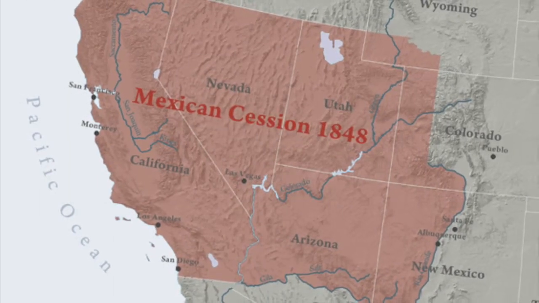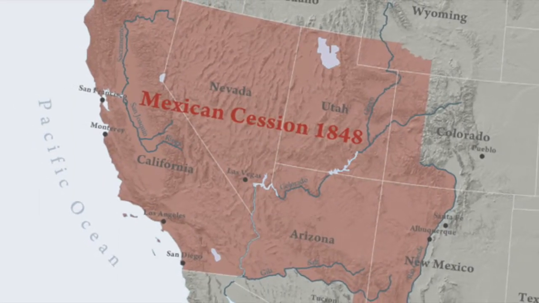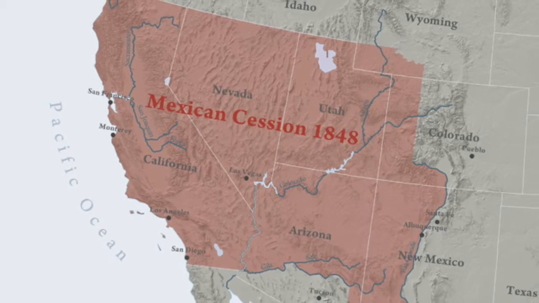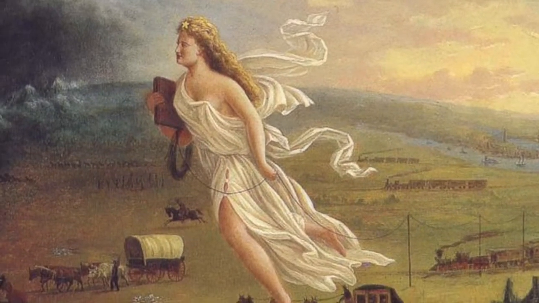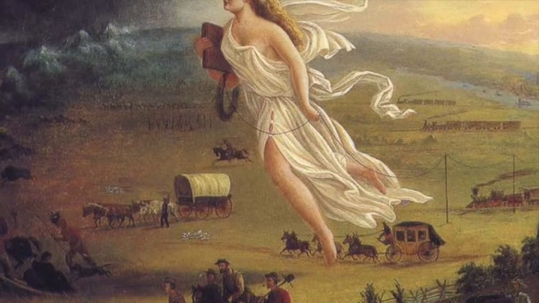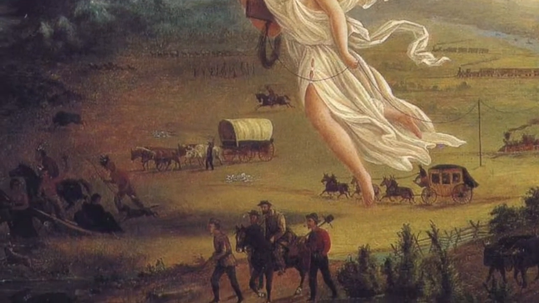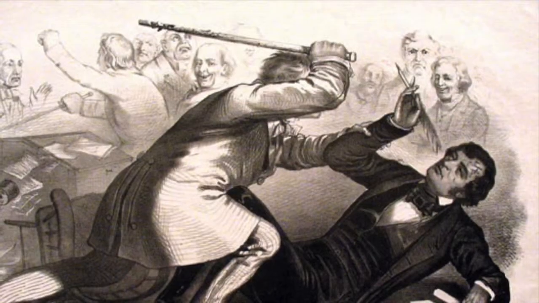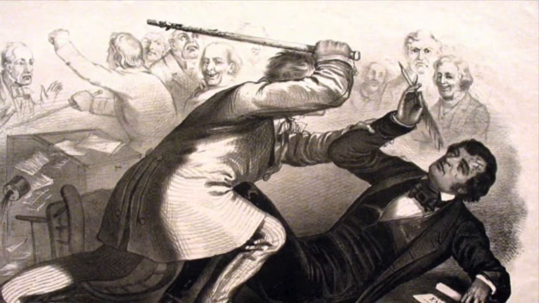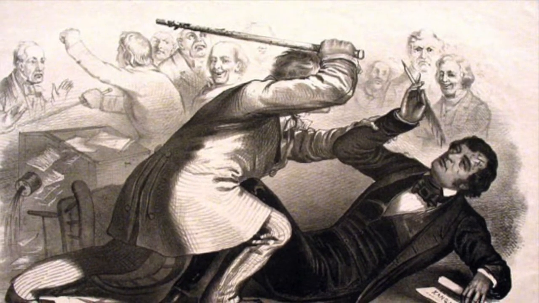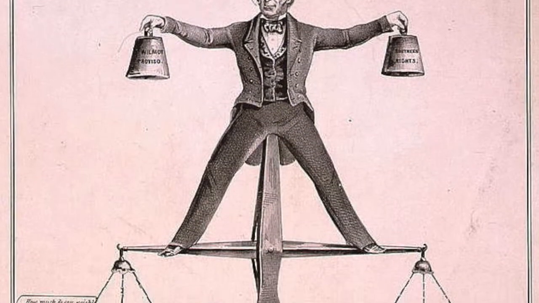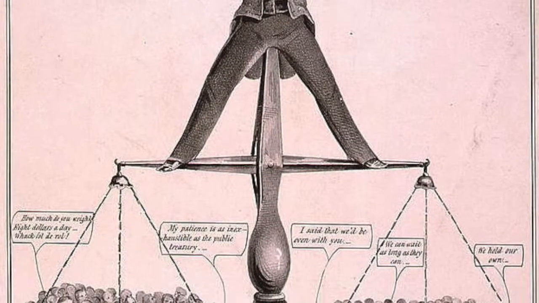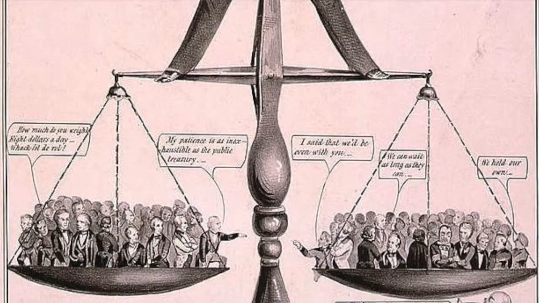The United States had just acquired Mexico's northern lands through war. The question quickly became, should slavery be allowed in these new lands? Both sides argued, slavery needs land to expand. Freedom should ring in the West. The truth was, both sides wanted new states to increase their power in Congress.